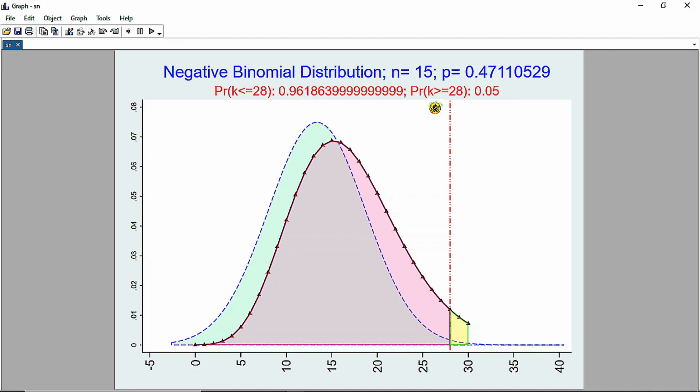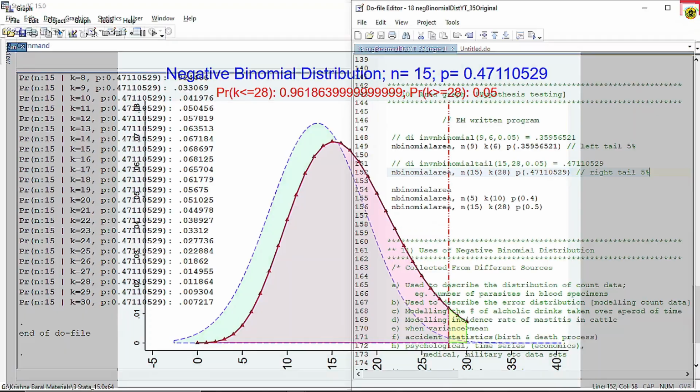But if our alternative hypothesis is k is greater than or equal to 28, then we come out of this area. So it's nearly 5%, which coincides with our alpha value. In this situation, we are indecisive. Maybe we'll have to take another sample and again carry out the test. So this is the basics of understanding how to reject or fail to reject the null hypothesis. Now let us see another example,